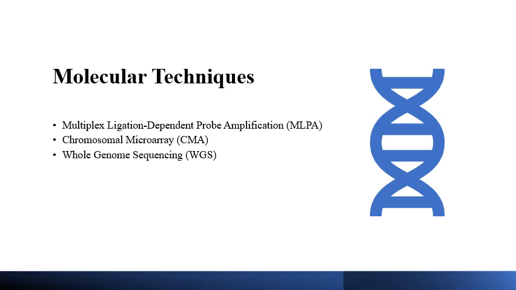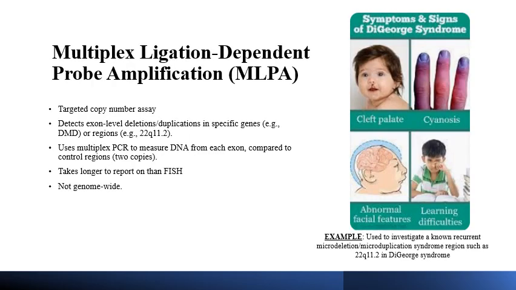Now we'll be discussing some molecular techniques, namely multiplex ligation dependent probe amplification, or MLPA for short, chromosomal microarray, or CMA for short, and whole genome sequencing, or WGS for short. We'll start with MLPA, and it's a targeted copy number assay, and it's used to detect exon level deletions or duplications. Unlike FISH,